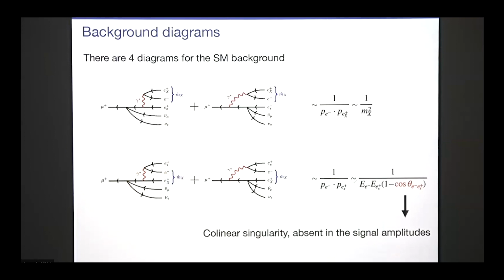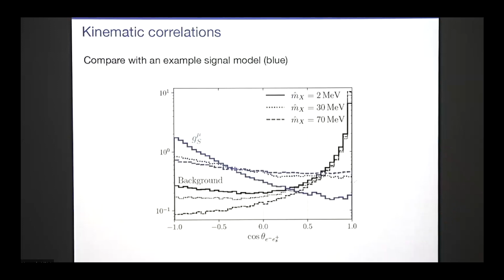Specifically, you can look at the background diagrams. There are 4 diagrams if you take some invariant mass combinations like this. You can either radiate off the muon or off the electron, and then you can cross the legs of the 2 positrons with each other. For this combination over here, the virtuality of the photon will go like the inverse of the invariant mass of this pair. While for this one, if you pick up the wrong one, so to speak, you get this collinear singularity, which is nothing fancy. That's just something that shows up in QED all the time. But that means you expect your background to be peaked in this variable while the signal does not have that type of feature. And that's what you're seeing over here.